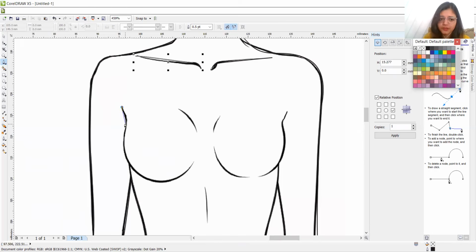Don't be stressed if your lines are going very far from your croquis outline. Don't take any kind of stress. We can manage it after the tracing is done. We can use the shape tool. We can give shaping once it is done. So you don't need to worry or take stress for that.